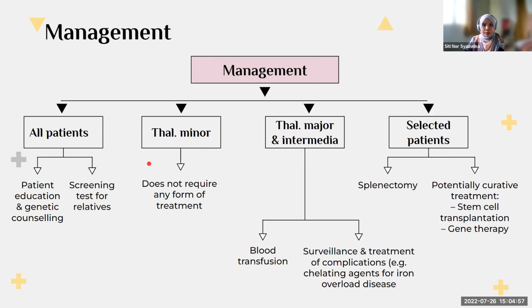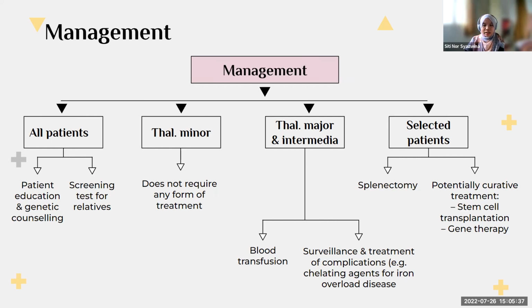Generally, to manage thalassemia patients, we want to avoid the iron overload complications and extramedullary hematopoiesis, so we introduce a hypertransfusion regime, such as blood transfusions. From the blood transfusions, we need to monitor for iron overload, because patients can die from the complication of iron overload